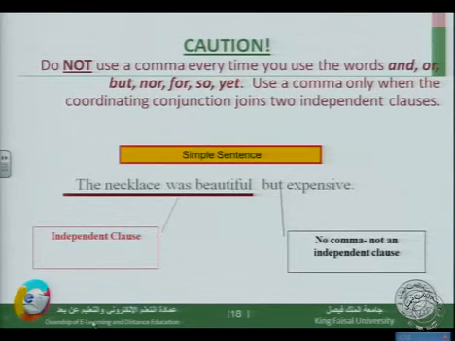Here we have kind of a quote. The quote says do not use a comma every time you use the words and, or, but, nor, for, so, yet. Use a comma only with a coordinating conjunction